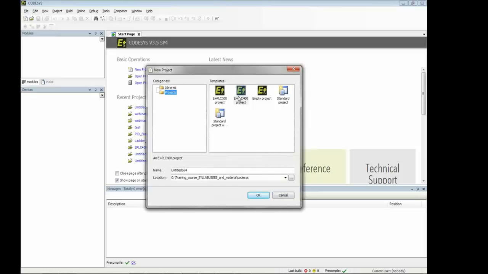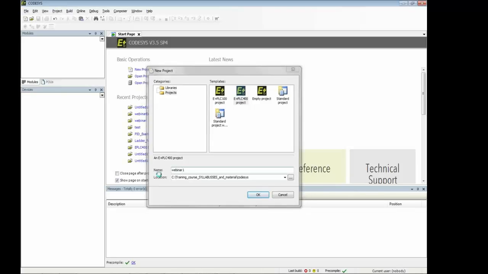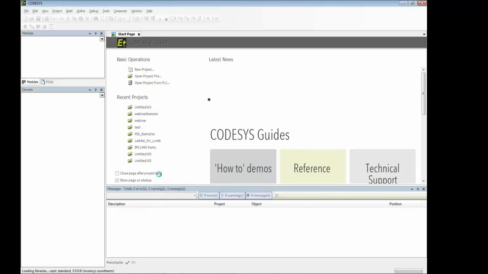We're going to use the 400 in our example. We can give the project a name if we want. And we should now have a device